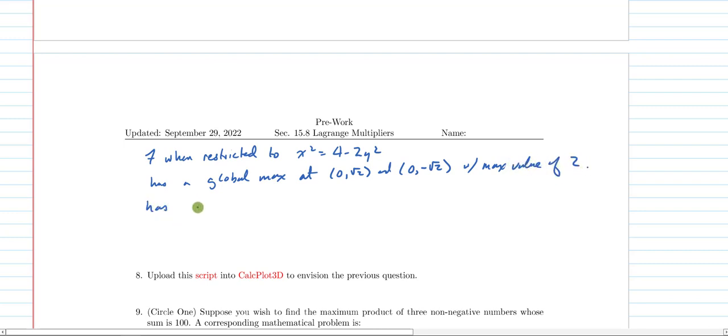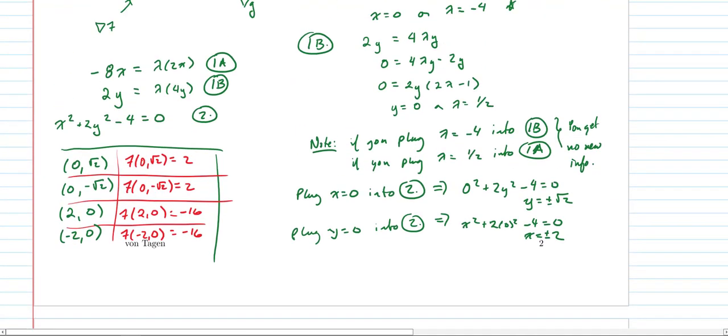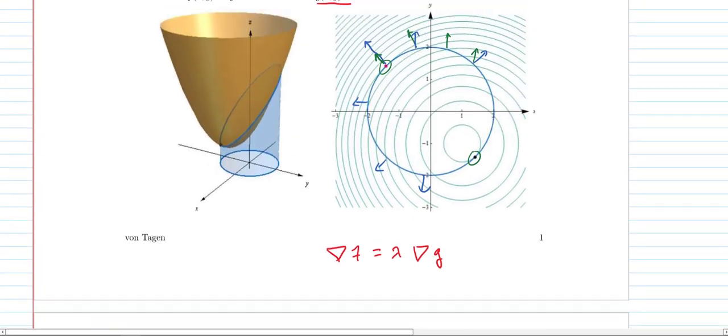And it has global mins, I guess we should say plural, at (2, 0) and (-2, 0), with min values 16. So again, folks, the whole strategy hinged on this notion of saying we want to set the gradients of